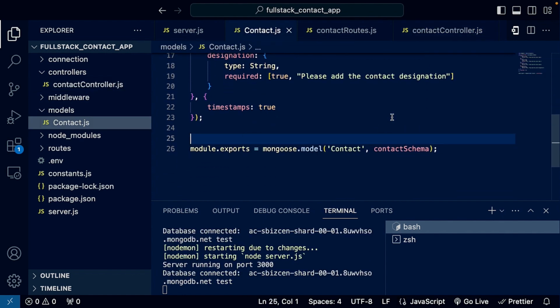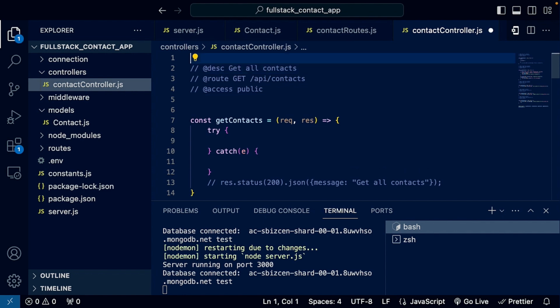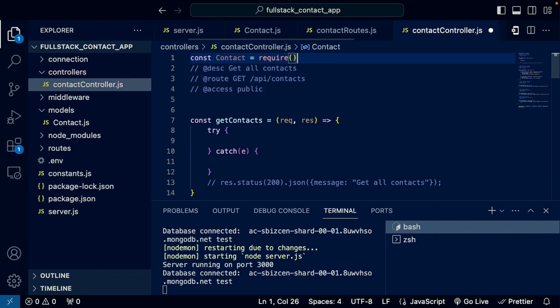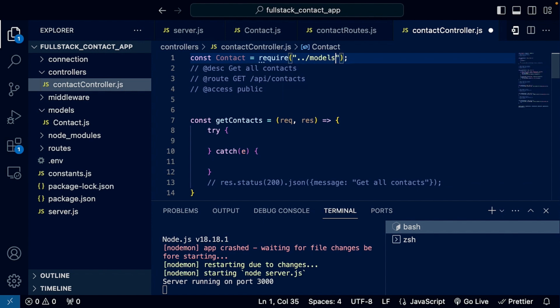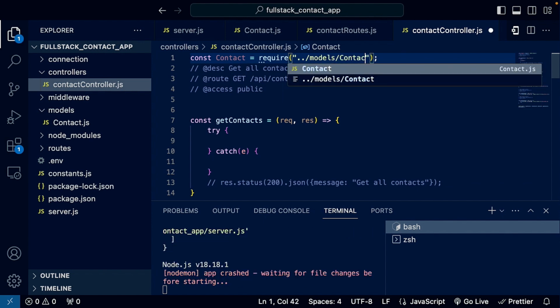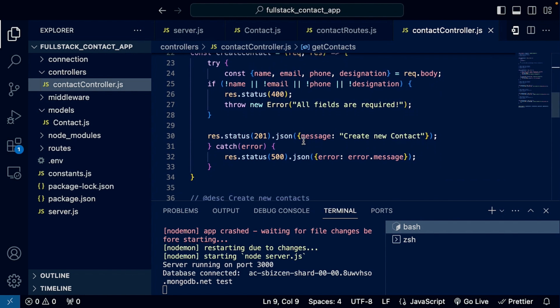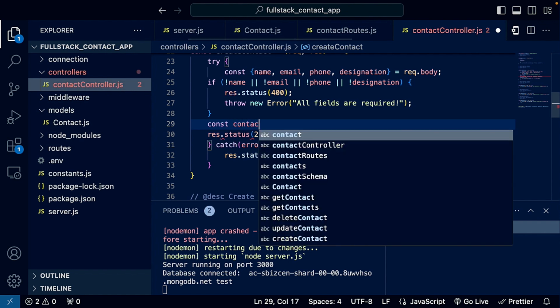Remember, so we export that contact. So inside my contact controller, I'm going to define the context. So const contact equal to require, and let's bring up models/contact. Save it, and right after the request, I'm going to define the model, which is const contact equal